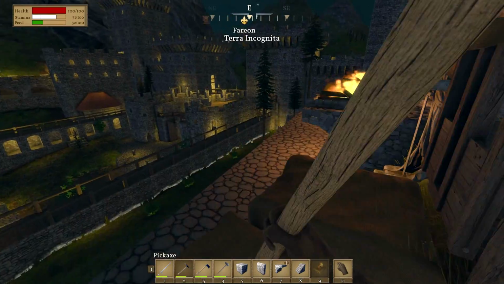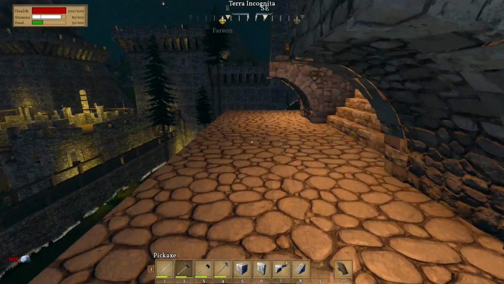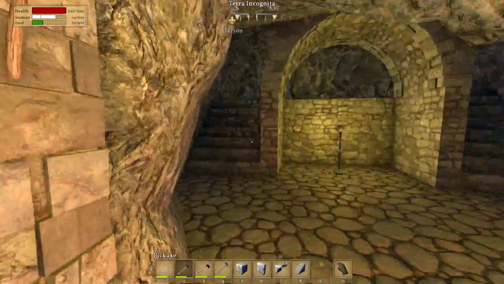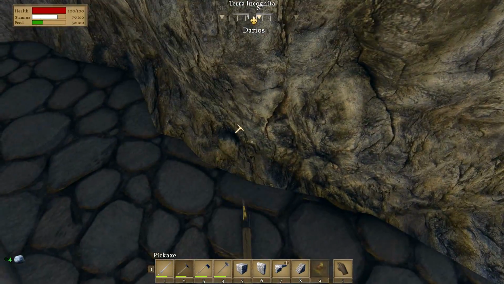And, oh, you're full already. Oh my god. We've got so much stone, which would be nice. Once we get to the point where we can do a lot of building, it'll be good. But I have a feeling we're not going to need too much stone as we go along here. What if up here what we do...